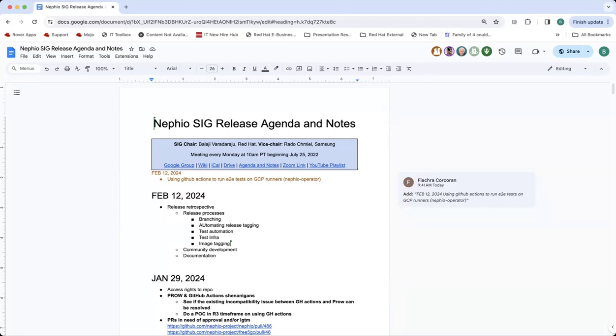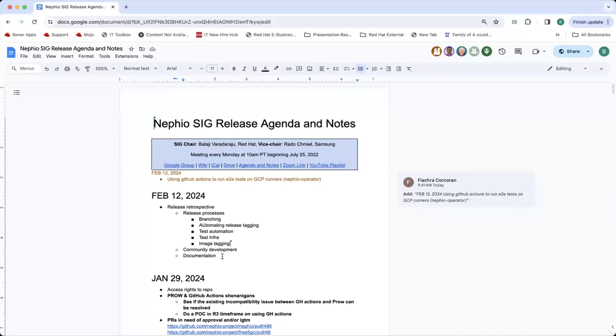I think one of the agenda items for today's meeting is to do the release retrospective. I have a few points, and obviously let's hear from everyone in the community, and I'll make a note of those things in the documentation. Instead of running a strict structure, let's make it free flowing in terms of what we think mainly needs improvement. I had a few things noted, from the retrospective perspective in terms of release processes, community development, documentation,